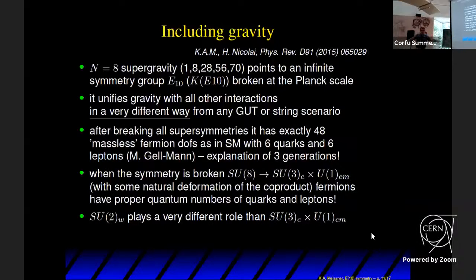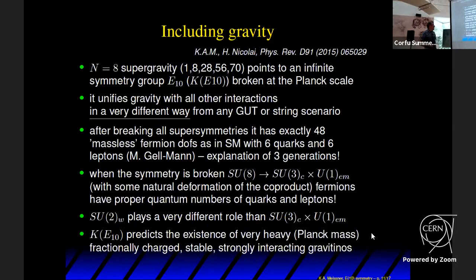While at the low level, in this room for example, we see quote unquote SU3 color. Of course there are condensates, so we don't see that exactly, and U1 electromagnetic. SU2 is not realized at low energy. In this picture, SU2 is never realized exactly. It's an approximate symmetry up to the Planck scale. And K of E10, that's a very important thing, predicts the existence of very heavy, fractionally charged, electromagnetically stable